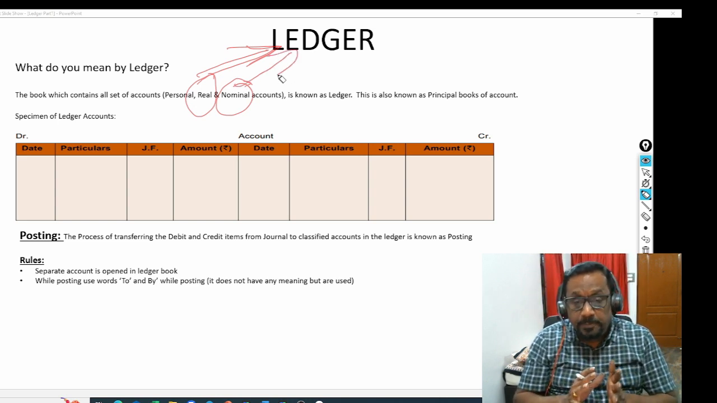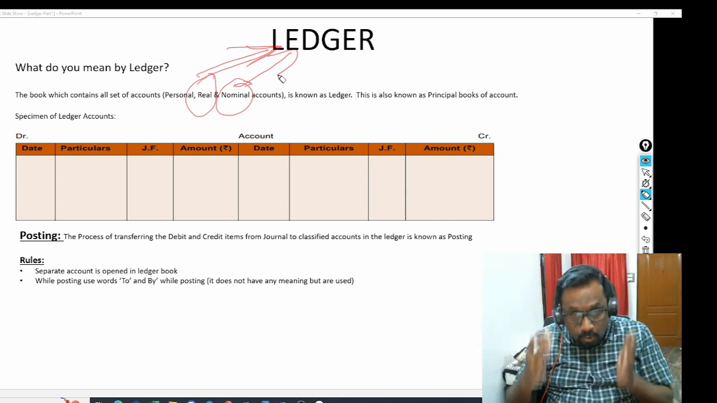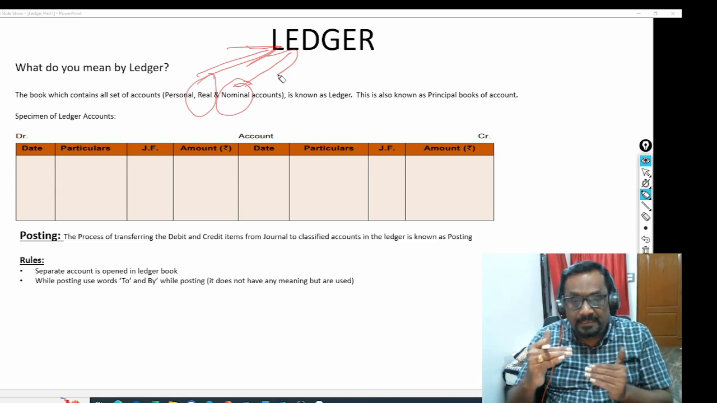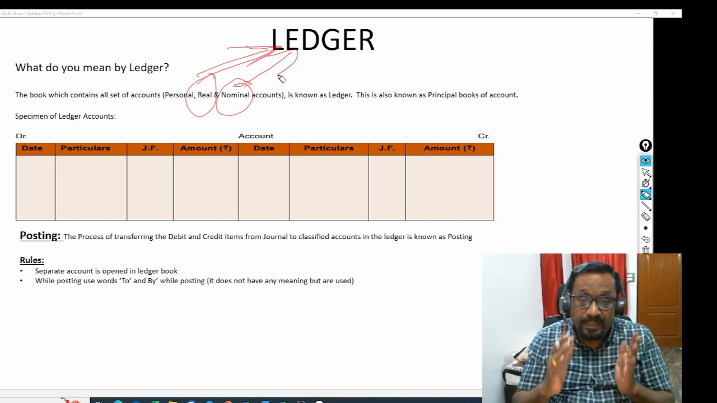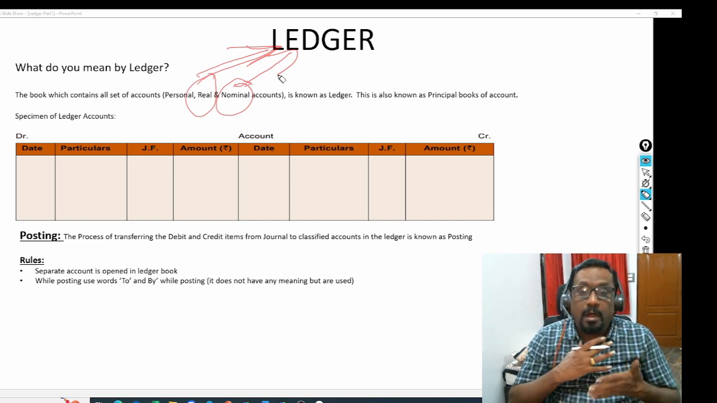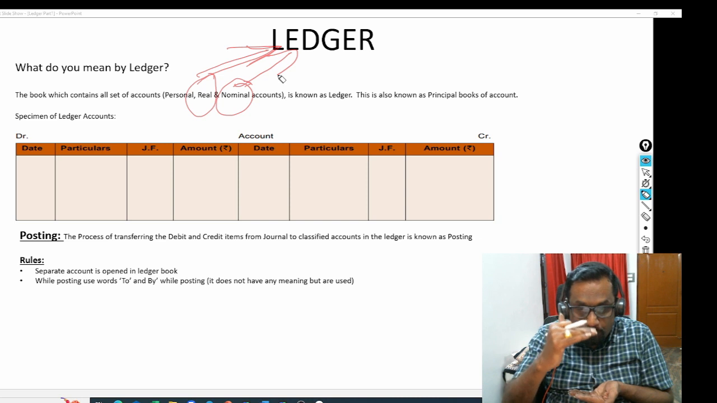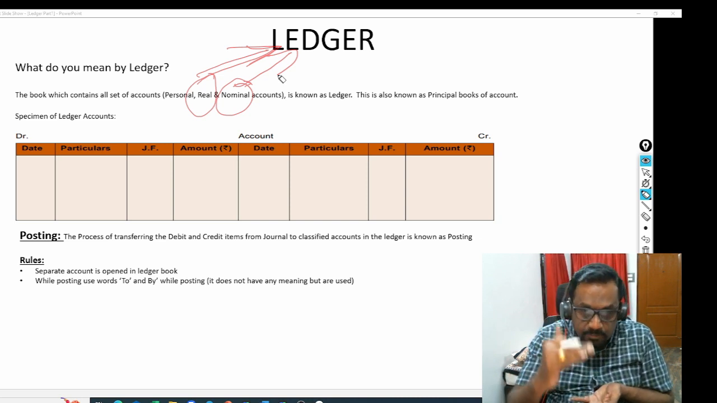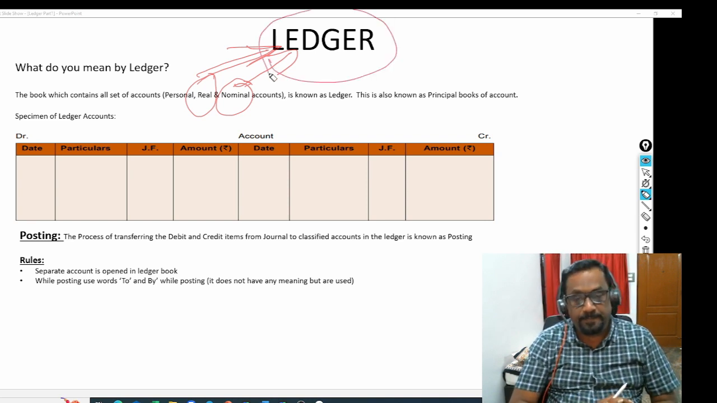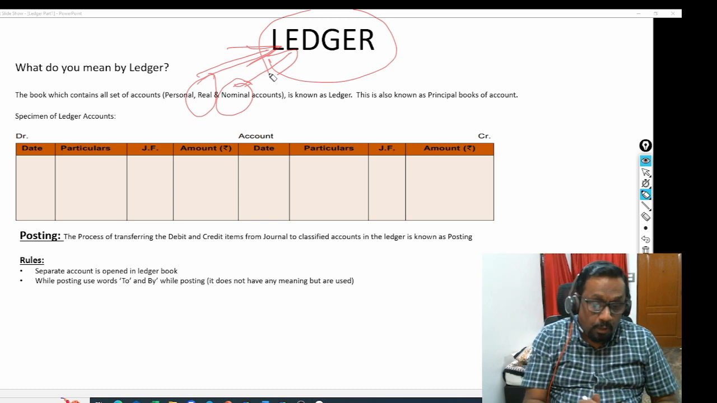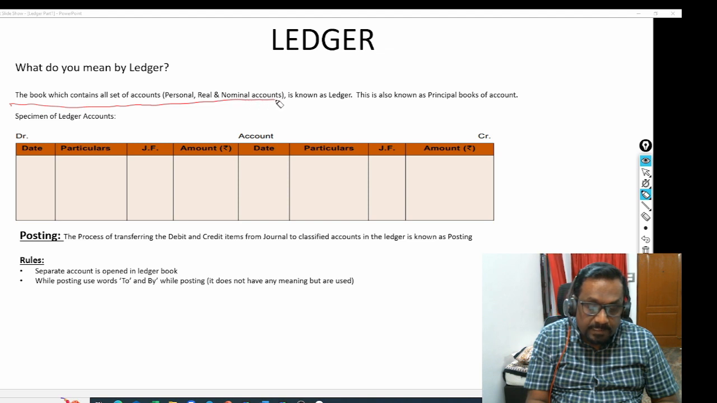So why is this ledger maintained? This ledger book is maintained to have different accounts. Those accounts will give the ending balance or final balance of that particular account. So it will be very easy for you to know how transactions are trending, how much amount is being posted, how much amount I spent or how much amount I recovered. Everything you will get to know by going through the ledger. Clear? So that is the reason the definition says the book which contains all set of accounts, personal, real, nominal accounts,